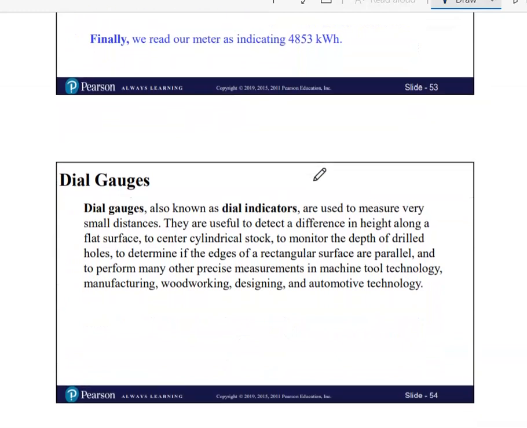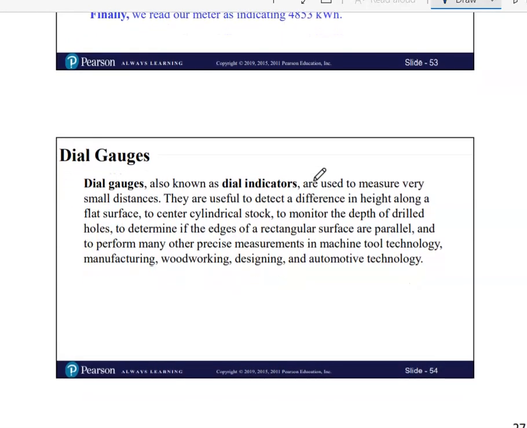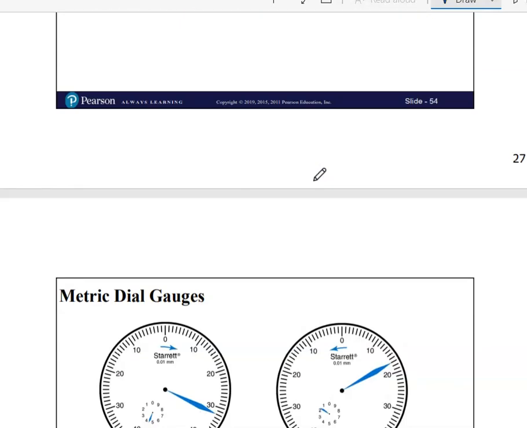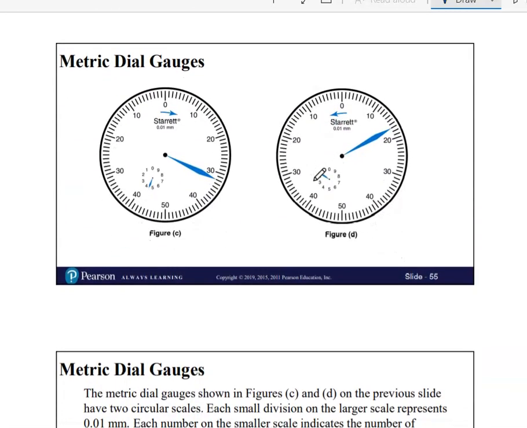Dial gauges, also known as dial indicators, are used to measure very small distances. They are useful to detect a difference in height along a flat surface, to center cylindrical stock, to monitor the depth of drilled holes, to determine if the edges of the rectangular surface are parallel, and to perform many other precise measurements in machine tool technology, manufacturing, woodworking, designing, and automotive technology. So here's an example of metric